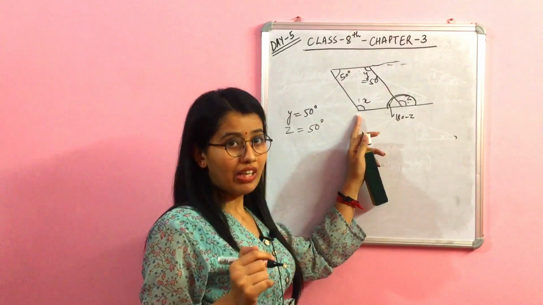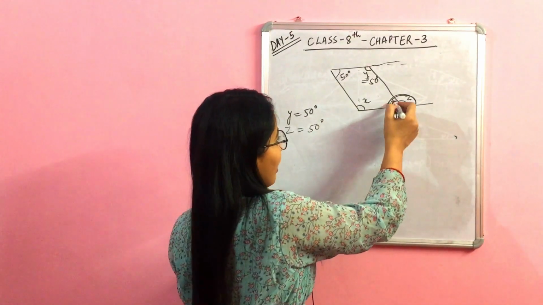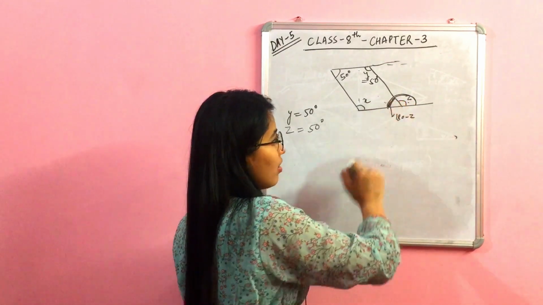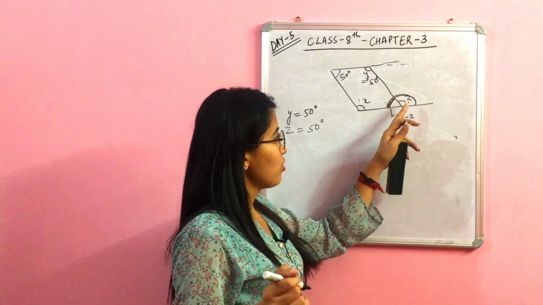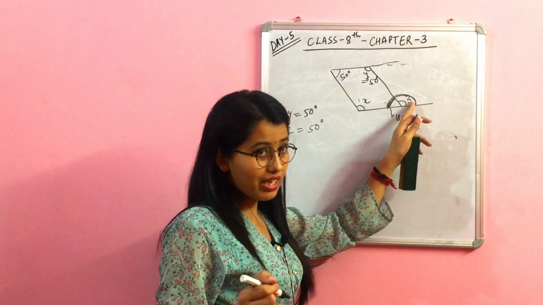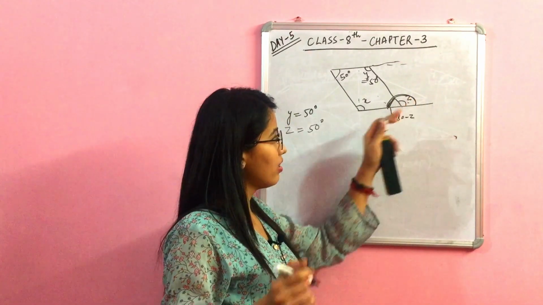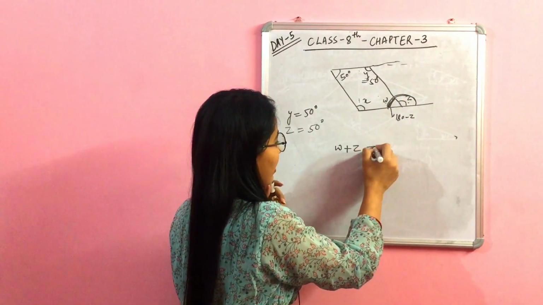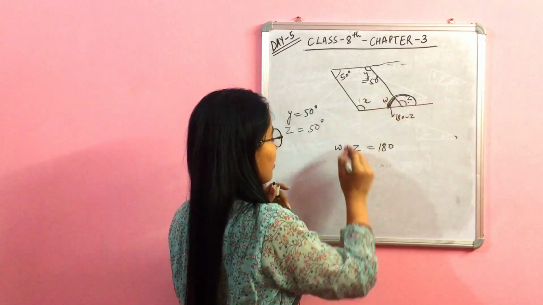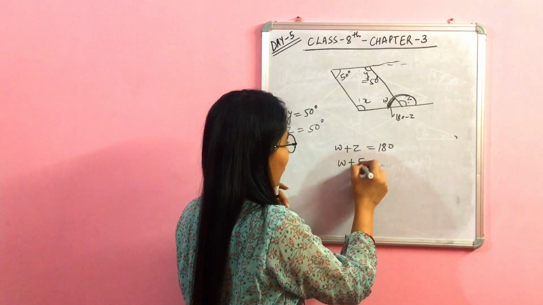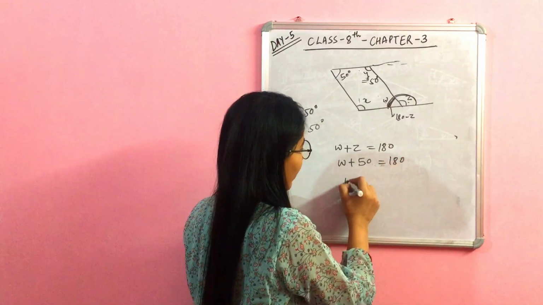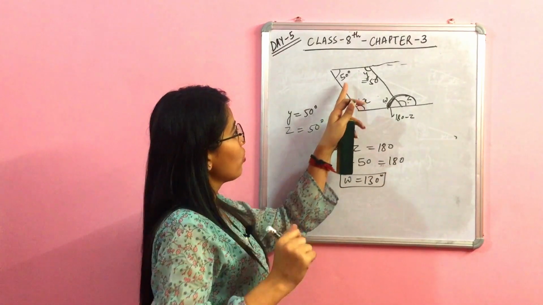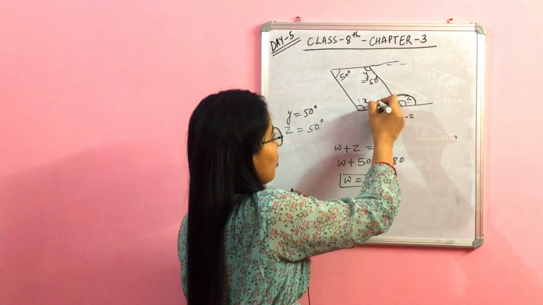Now we have to find the value of x. Okay, so if we want to find this value of x, then we should know this angle, right? But we don't know this angle, so we will find it with the help of z. So 180 minus z; let us say this is w, so w plus z is equal to 180. We know z is 50 degrees, so w plus 50 degrees is equal to 180. We can find the value of w, which is equal to 130 degrees, right? Now this is 50, this is 50, and this w is 130.